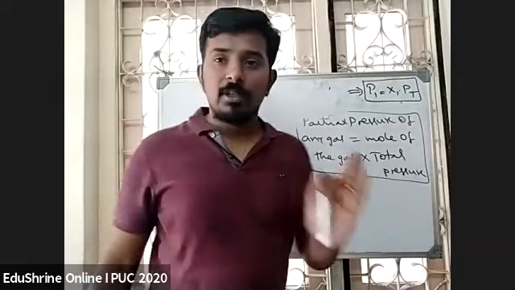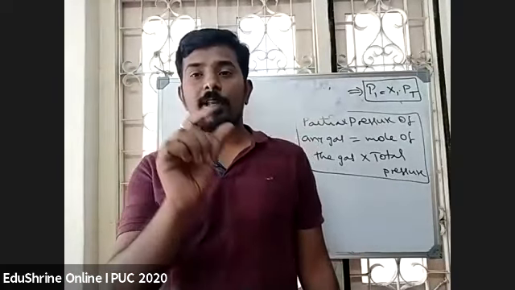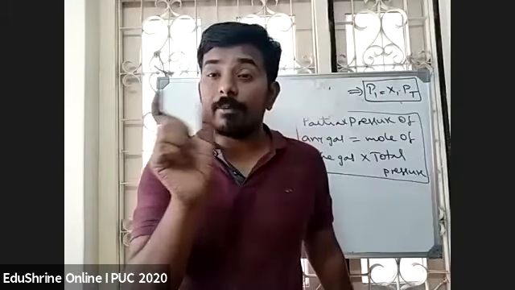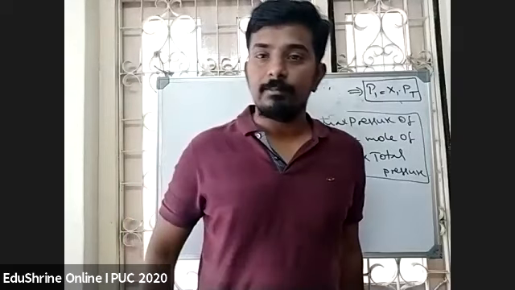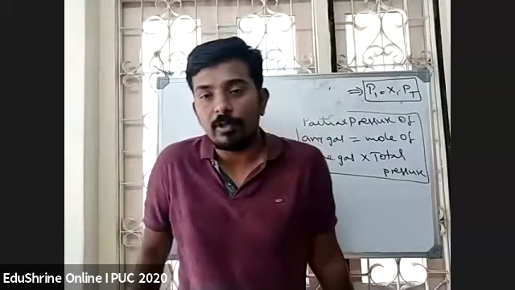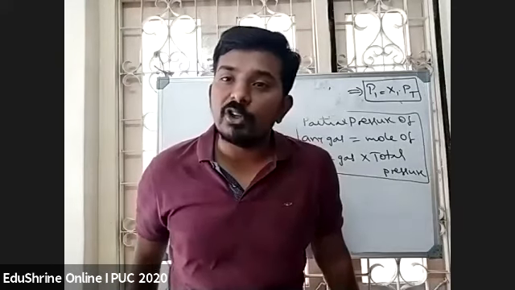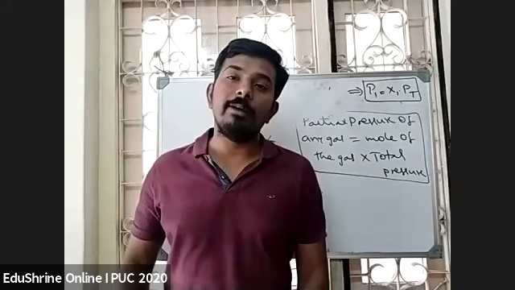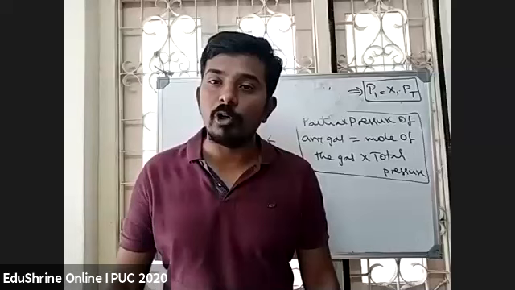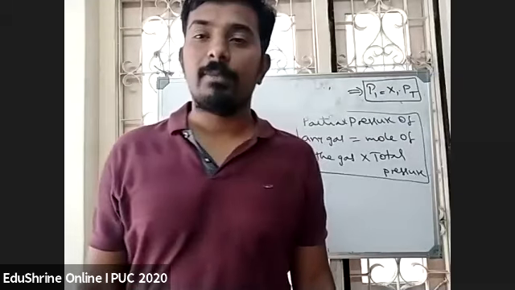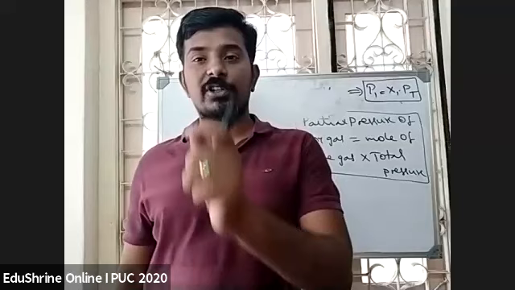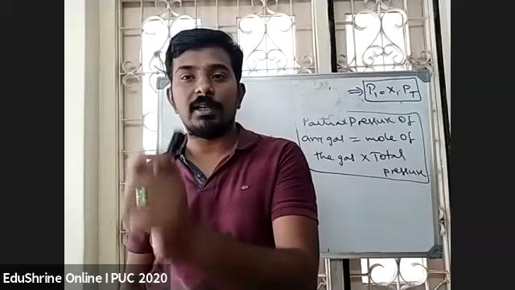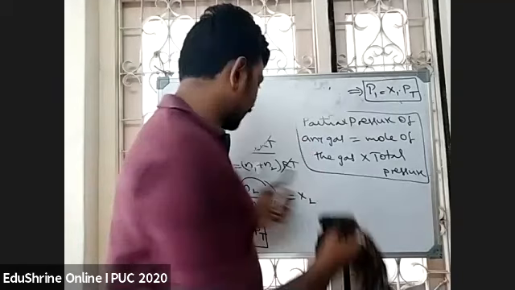This is Dalton's law. So what is the basic definition of Dalton's law? Total pressure is the sum of partial pressures of non-reacting gases. That term, if it is not there, you will get 0 marks in the exam. Non-reacting gases. That is important always, right? So the total pressure of a mixture of non-reacting gases is equal to the sum of partial pressures of individual gases in a container of volume V taken at a temperature T. Okay. Then the relation between partial pressure, total pressure and mole fraction is partial pressure is equal to mole fraction into total pressure. Okay.